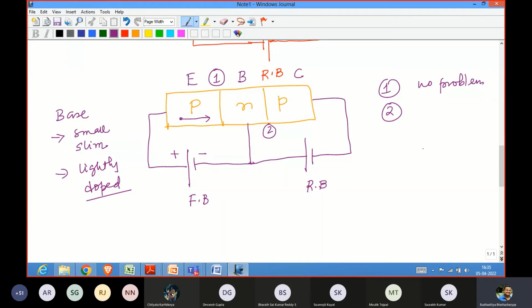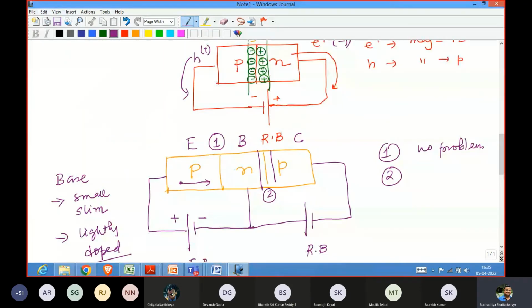Similarly, near this junction there will be a depletion layer formed like this. This will be some depletion layer, because this is also an NP diode, right? Due to this reverse bias voltage, the depletion layer will be formed,